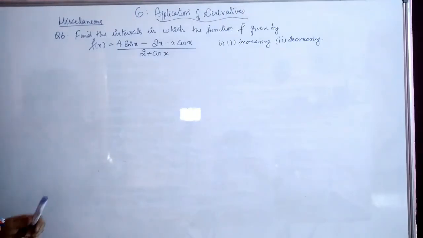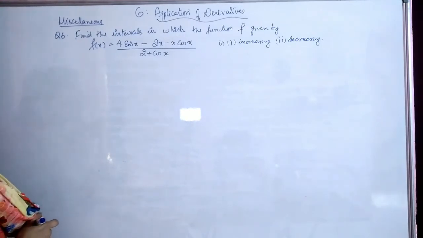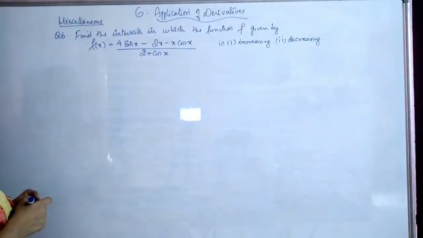Find the intervals in which the function f of x equal to 4 sin x minus 2x minus x cos x divided by 2 plus cos x is increasing, decreasing. So what we need to first find out is,